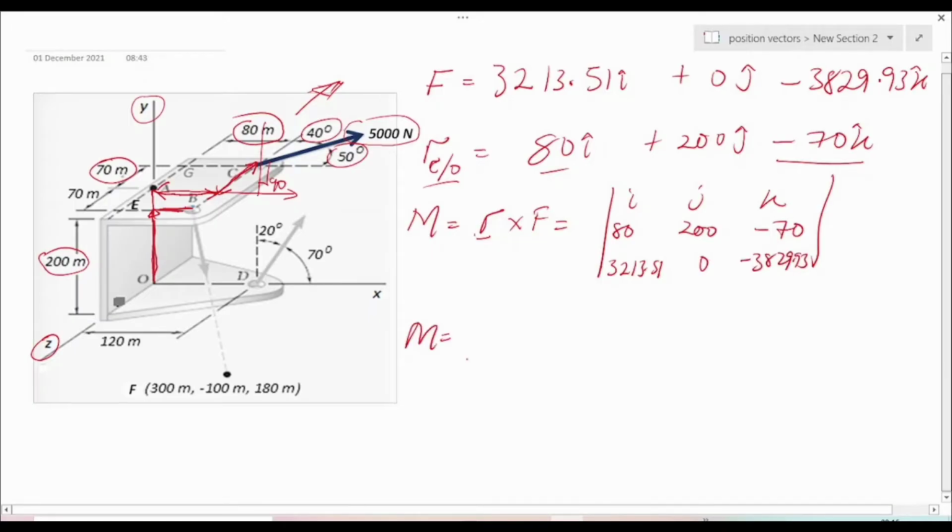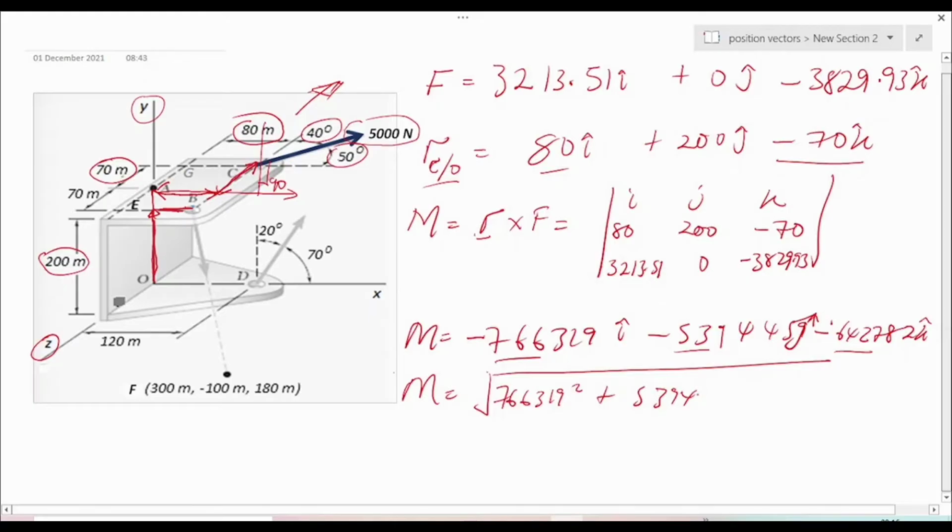a moment value of minus 766319i and minus 5314459.145j and minus 642782k. And to get the value of the moment in terms of magnitude, it is going to be 1132629 newton meters. Now this is just to demonstrate that you must be able to evaluate the position vector and